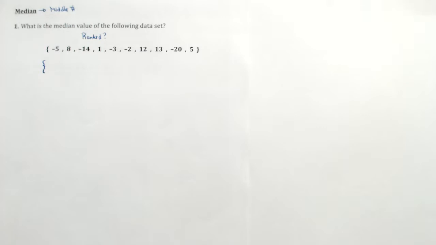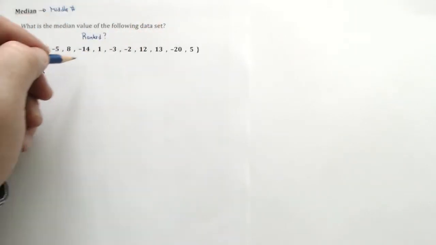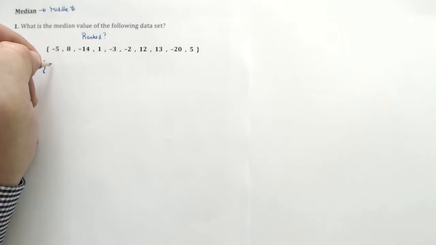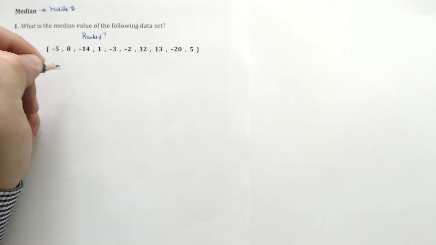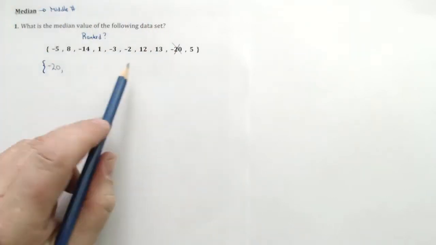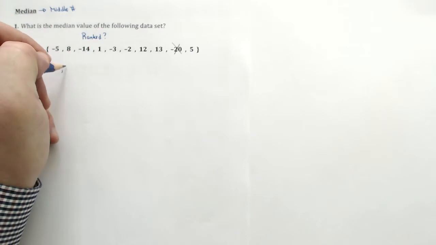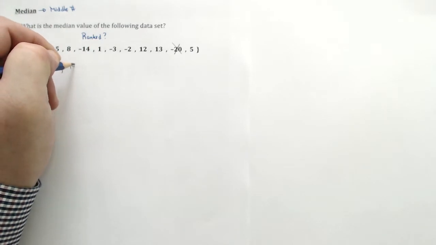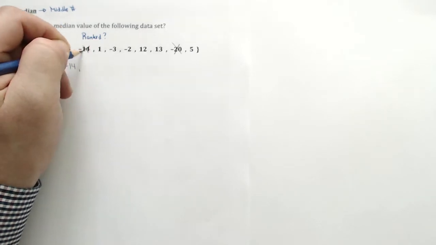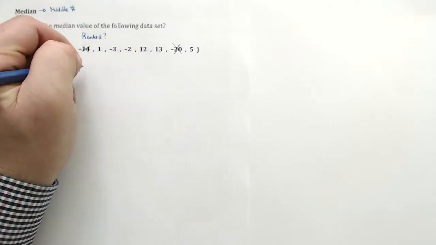And so the first thing I'm going to do is rewrite those numbers from my set in order from smallest to largest. And I'll keep track as I go. So the -20 is going to be the first one to go, and I'll scratch him out. And then I'm going to look for the next smallest number, which is in this case -14. Scratch him out. And then the next lowest number is going to be the -5,